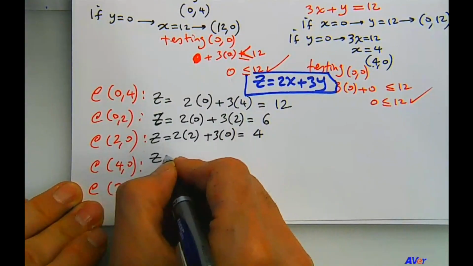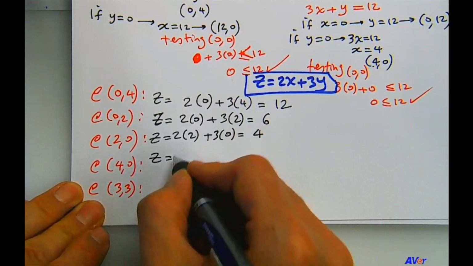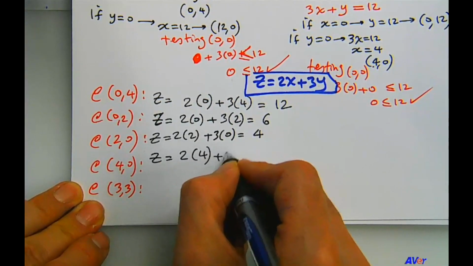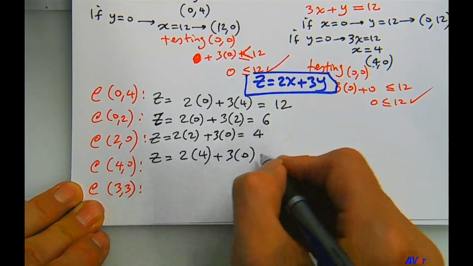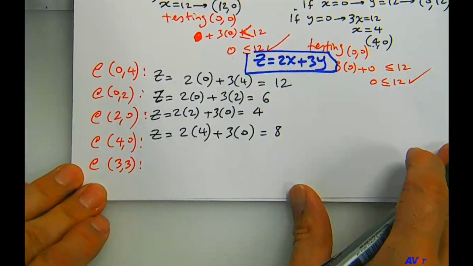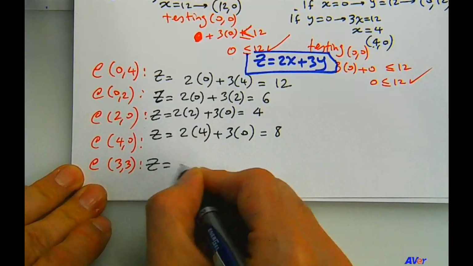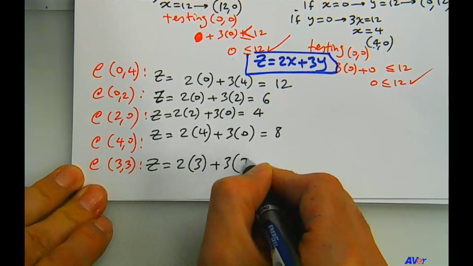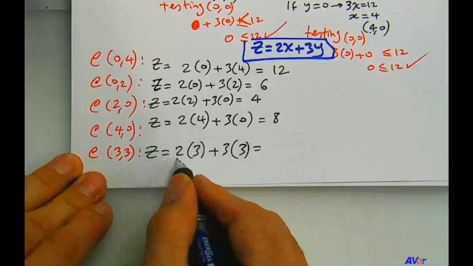And then for (4, 0), z = 2 times 4 plus 3 times 0, and we get 8. And finally, for this one, we have 2 times 3 plus 3 times 3, and we get 6 plus 9,